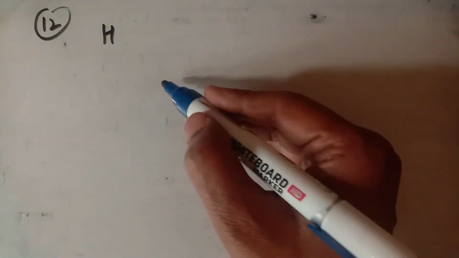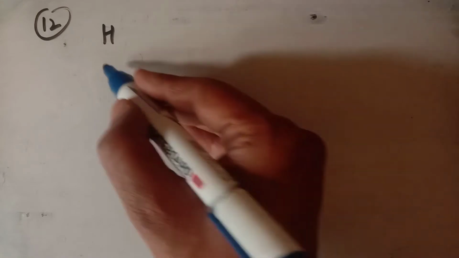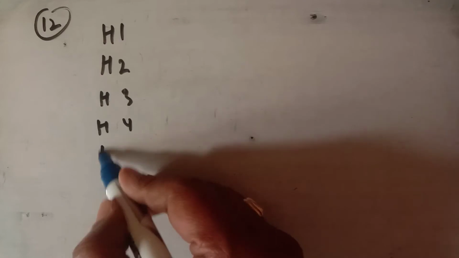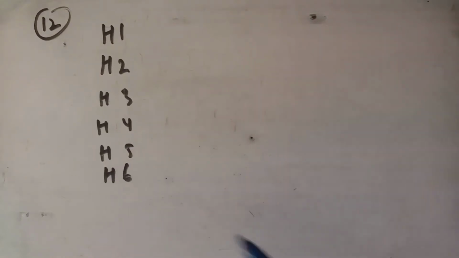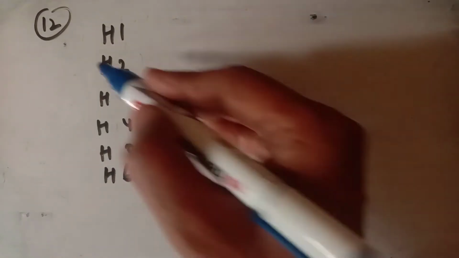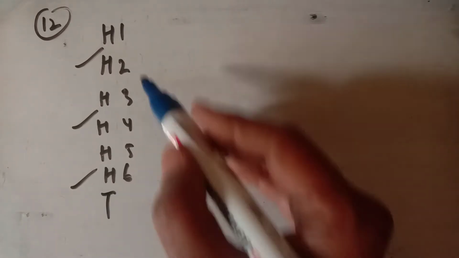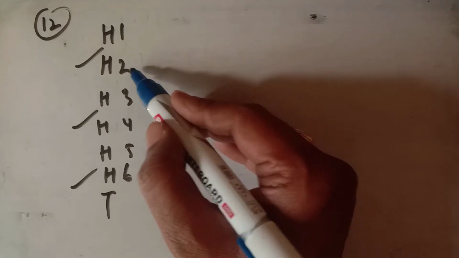Now in question number 12, what it says is that a coin is tossed. If it comes out to be head, head आने पर we are throwing a die, die throw करते हैं. तो head 1, head 2, head 3, head 4, head 5, head 6. And if the die turns up to be even, अगर die पर even number आता है, so we are throwing the die again. And for the tail we are doing nothing. So when we are getting an even number on the die, we are throwing the die again.